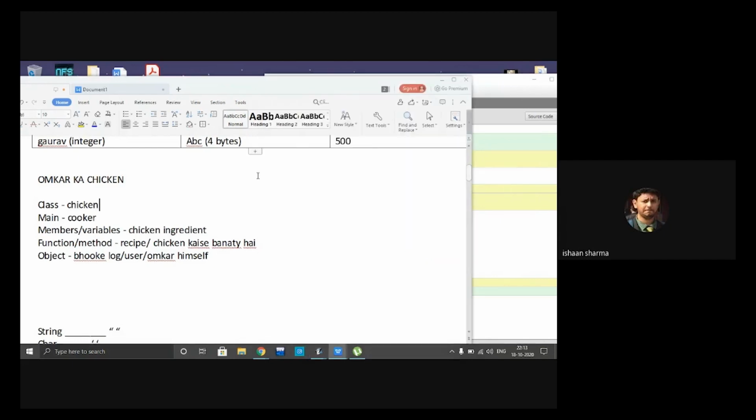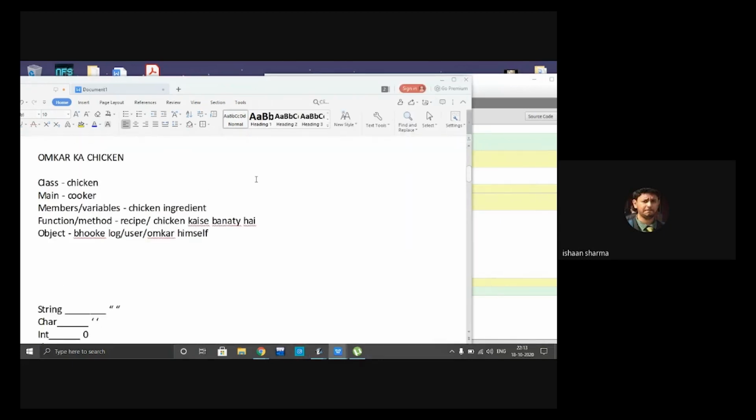What you need to understand here is, whenever we bring chicken, first we need to wash it, then we need to boil it until it grows soft, and then we need to eat. So where do we do all that stuff? We do all that in the cooker.